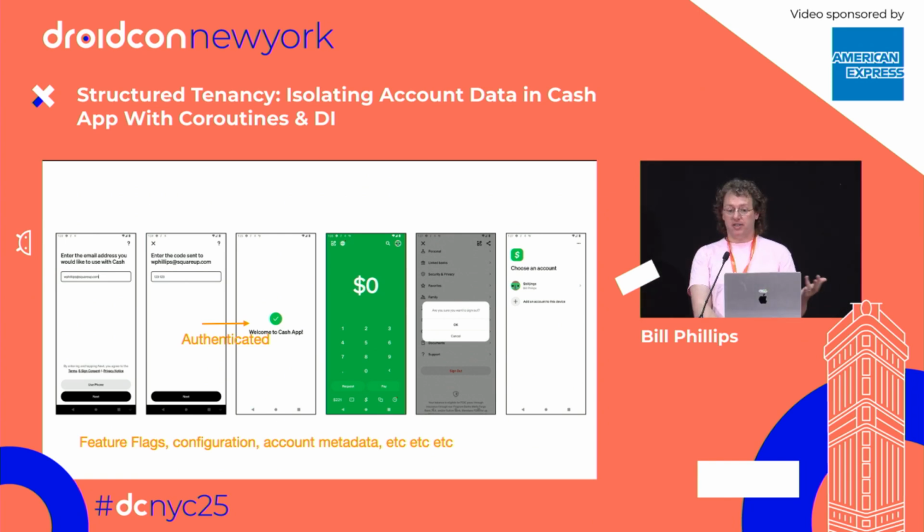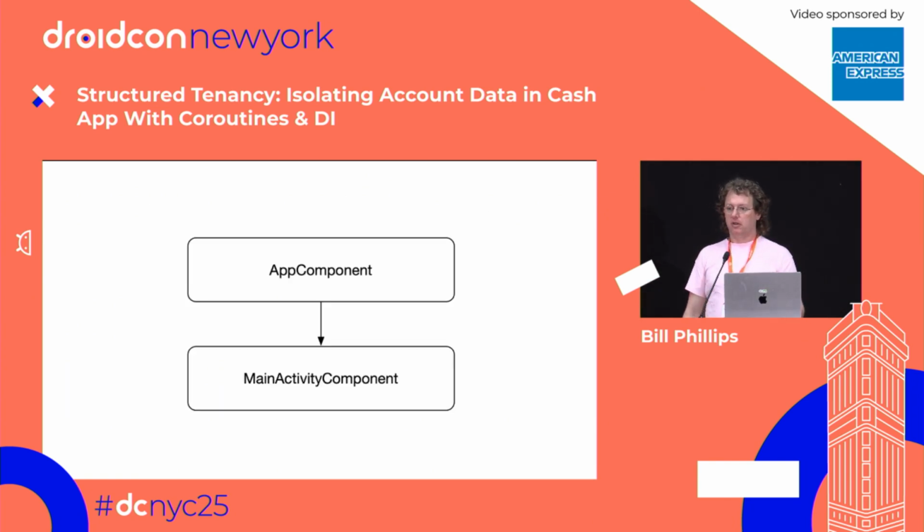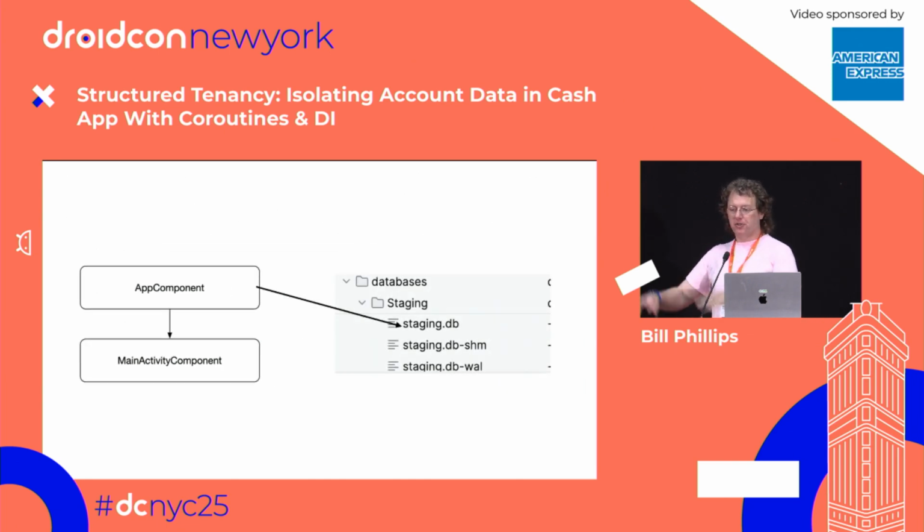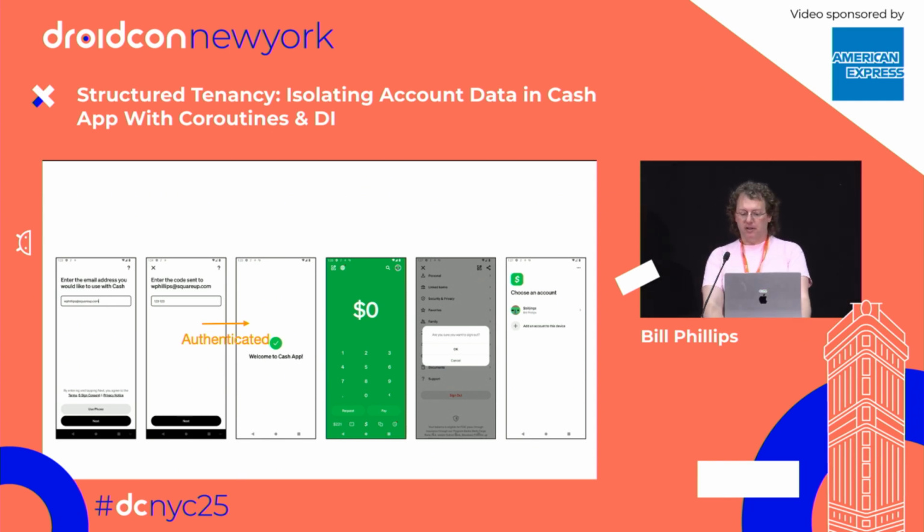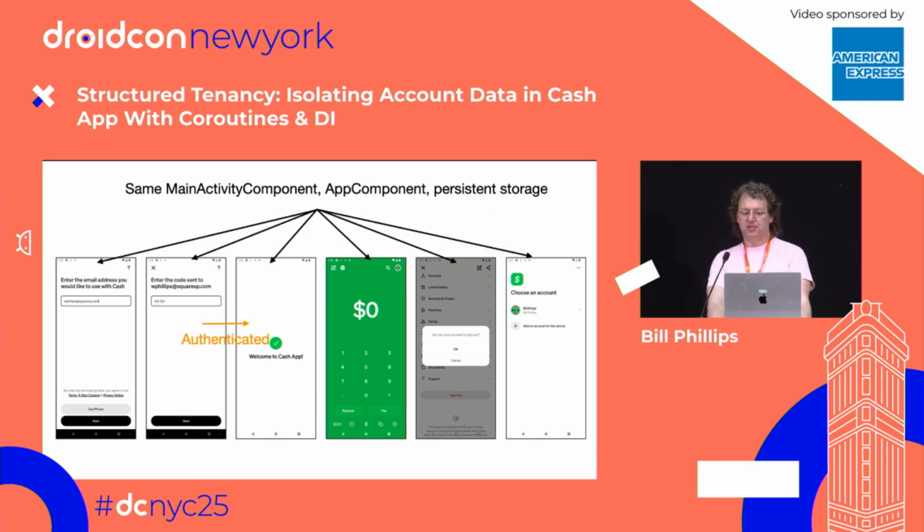So backing this was a really simple DI graph. We had an app component and main activity component. App component was a singleton instance. So everything in there lived for the entire lifetime of the app, right? And backing that stuff was persistent storage that was also singleton-y, right? It lived forever, essentially. So what happened, since all of this is bound at the same time and the same